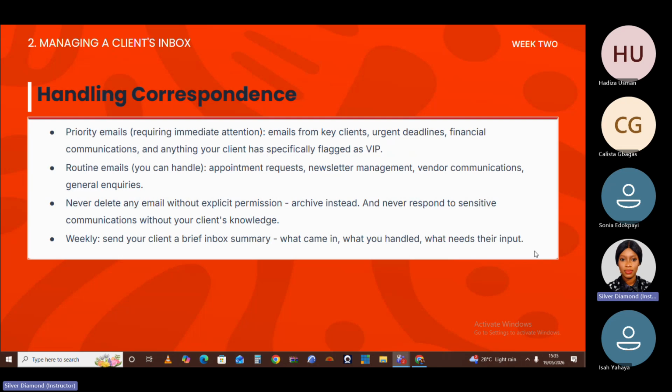However, there might be emails that have important information that your boss, whoever you're working with, just wants to know about. So you don't delete it unless you've been told that whenever such email comes, delete it, it is unimportant. If not, you should not be deleting emails. Instead of deleting, so that it will not affect your inbox, you don't want to be seeing the email, just archive it. And do not respond to sensitive communication without your client's